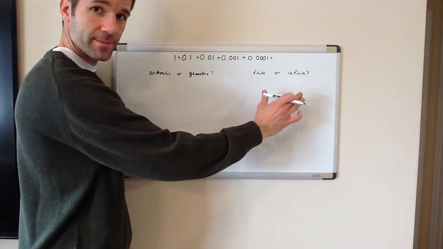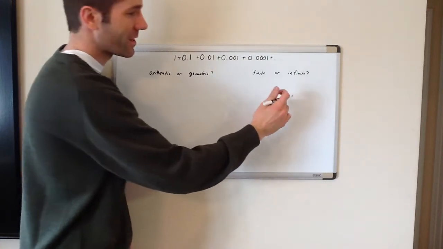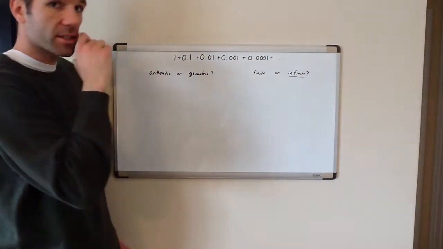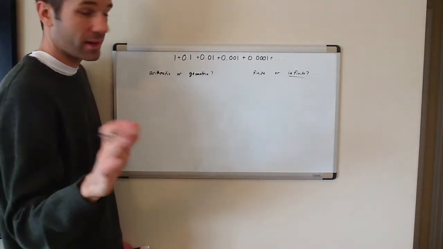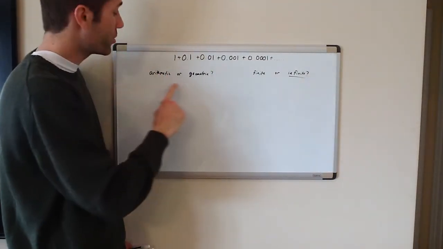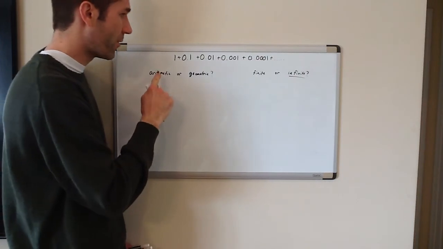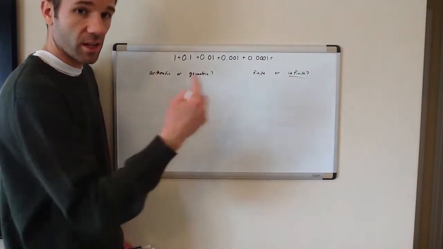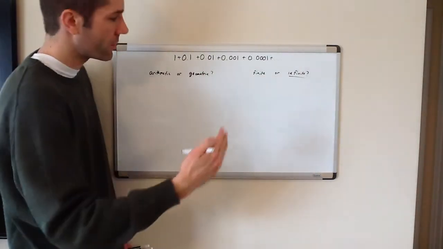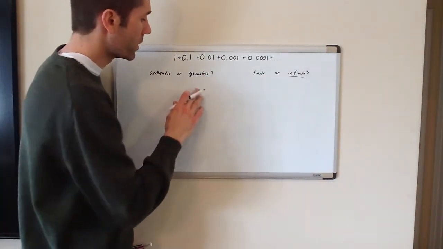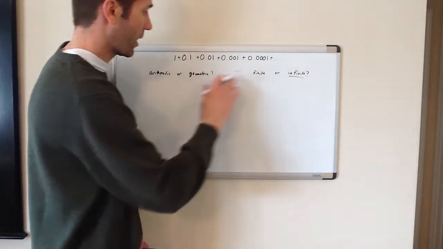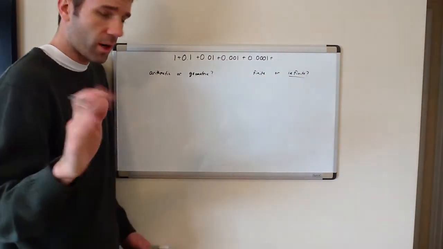I hope you said infinite. It's infinite because it never ends. It never gives us a stopping point. Because it's infinite, I'll go ahead and tell you, it's going to be geometric. You cannot add an infinite arithmetic series, because you'd end up with an answer of infinity or negative infinity. It doesn't really work too well. So knowing that it's infinite, that automatically kicks it over to geometric,